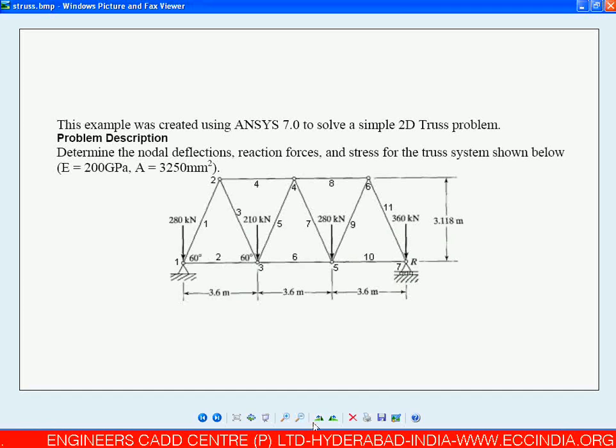Now I should go for the modeling of this particular section. So how to model it? With respect to the given input,